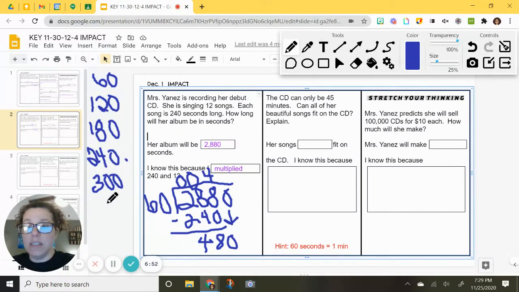6 times 6 is 36. Add on the 0. 6 times 7 is 42. Okay, now we're getting there. Add on the 0. And I'm going to do one more just to see if it's closer. 6 times 8 is 48. I'll add on that 0. So I'm going to use 8 here, and I will have nothing left over.